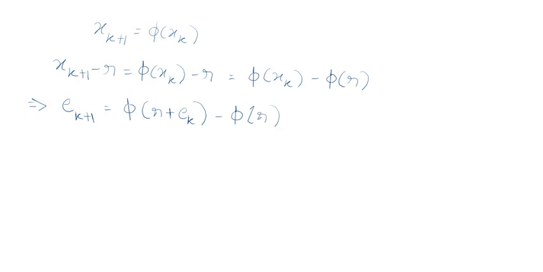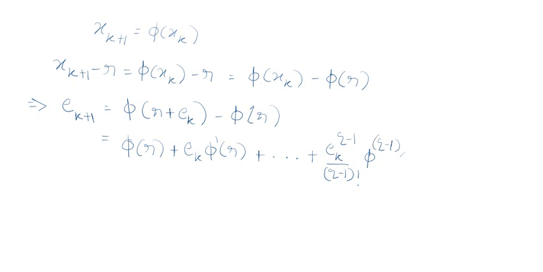Now use the Taylor series for this, and we know that we have already assumed that up to the (q minus 1)th derivative at R is 0, and expand it about the point R. So what you will get is, the first thing is phi of R plus e_k phi dash of R plus, and so on, e_k to the power q minus 1 divided by (q minus 1) factorial phi (q minus 1)th derivative at R